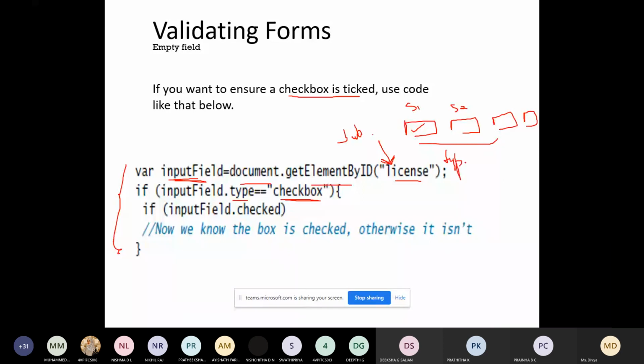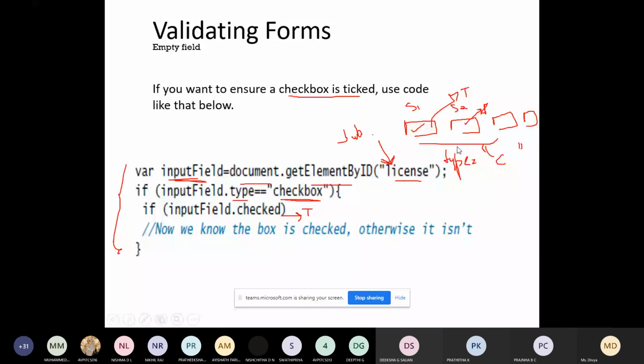You can give different types, like type equal to radio, checkbox, or text. If it is a checkbox, then you are checking whether the input field is checked. If it is checked, it will return true. If not checked, it will return false.